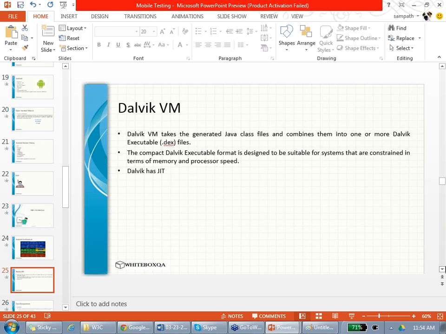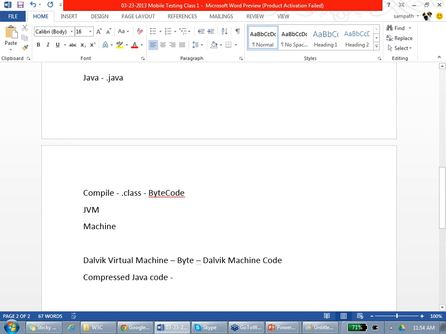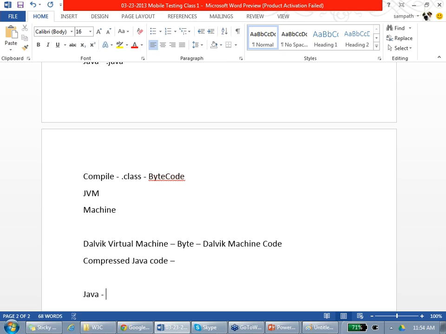See, when we used to get dot class files, we used to make a dot jar. Remember, we make a jar of all these classes. For Dalvik, for Android phones, we compile Java and we make DEX files. It is very simple. Before, you used to compile for the JVM. We are compiling now for the DVM. You write Java files, you compile them, and for the DVM you get DEX files.